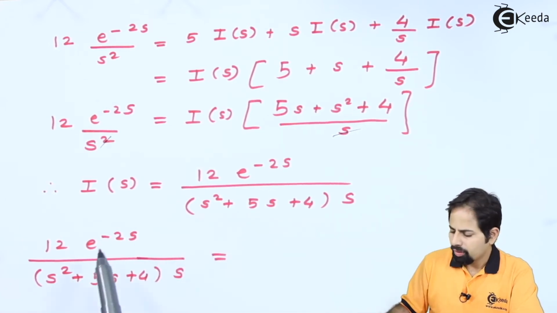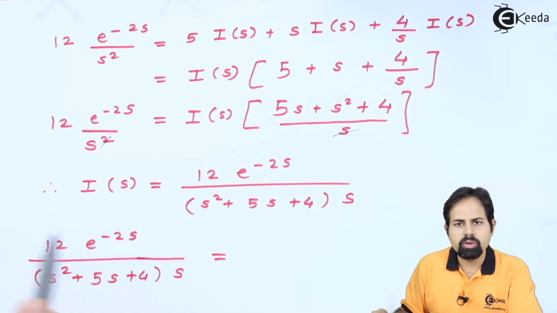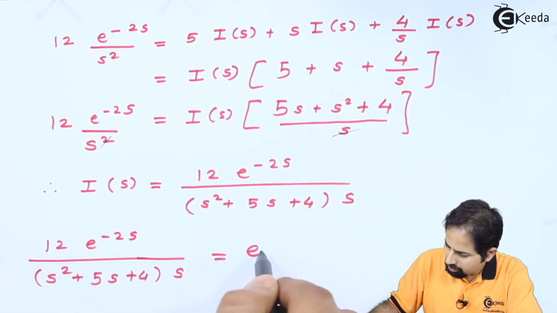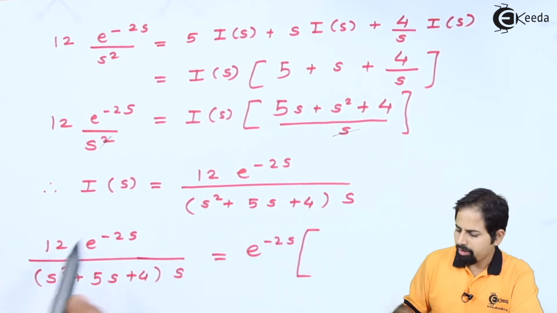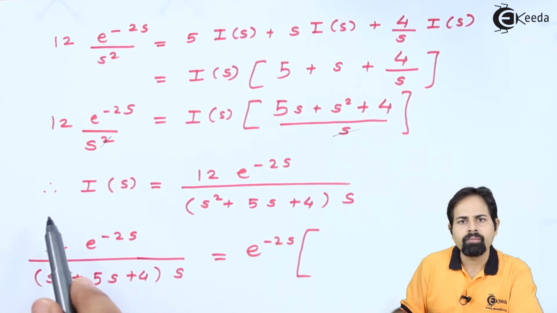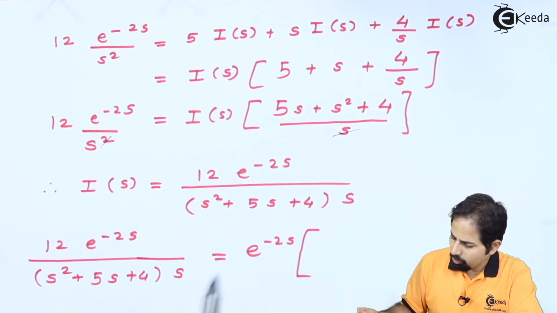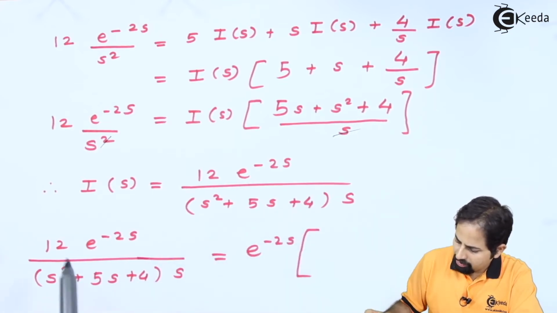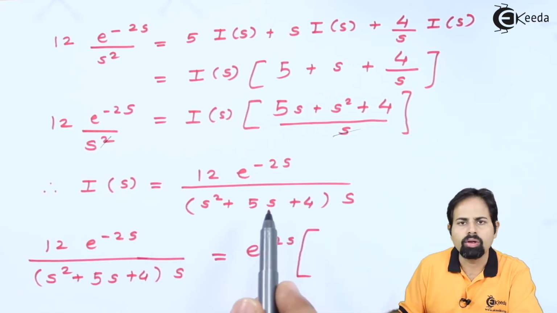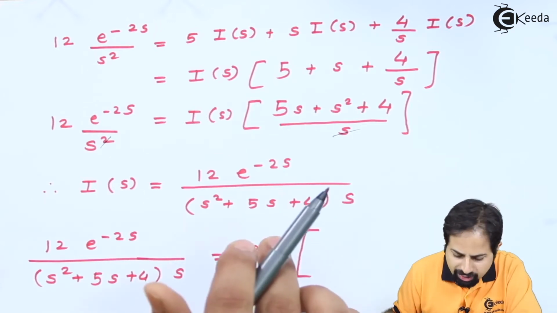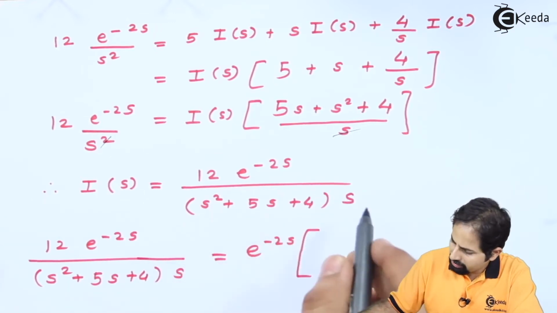Well, what we will do, we will keep this e raised to minus 2s outside, and for the rest of the factor, we will calculate the constants. Now here you can see as the factors of this s square plus 5s plus 4 are nothing but s equal to minus 1 and s equal to minus 4. So let's write it as